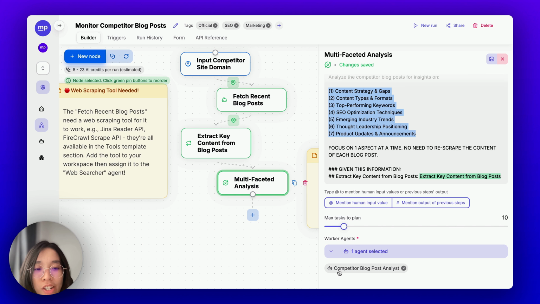In this case, I just have one single agent, competitor blog post analyst. So technically, I can just use a simple loop node like in the last step here, where I have this competitor blog post agent loop through every single aspect in the list of 7 aspects and provide the insights for me. However, I'm using the orchestrator worker node in this case because chances are when you duplicate this AI